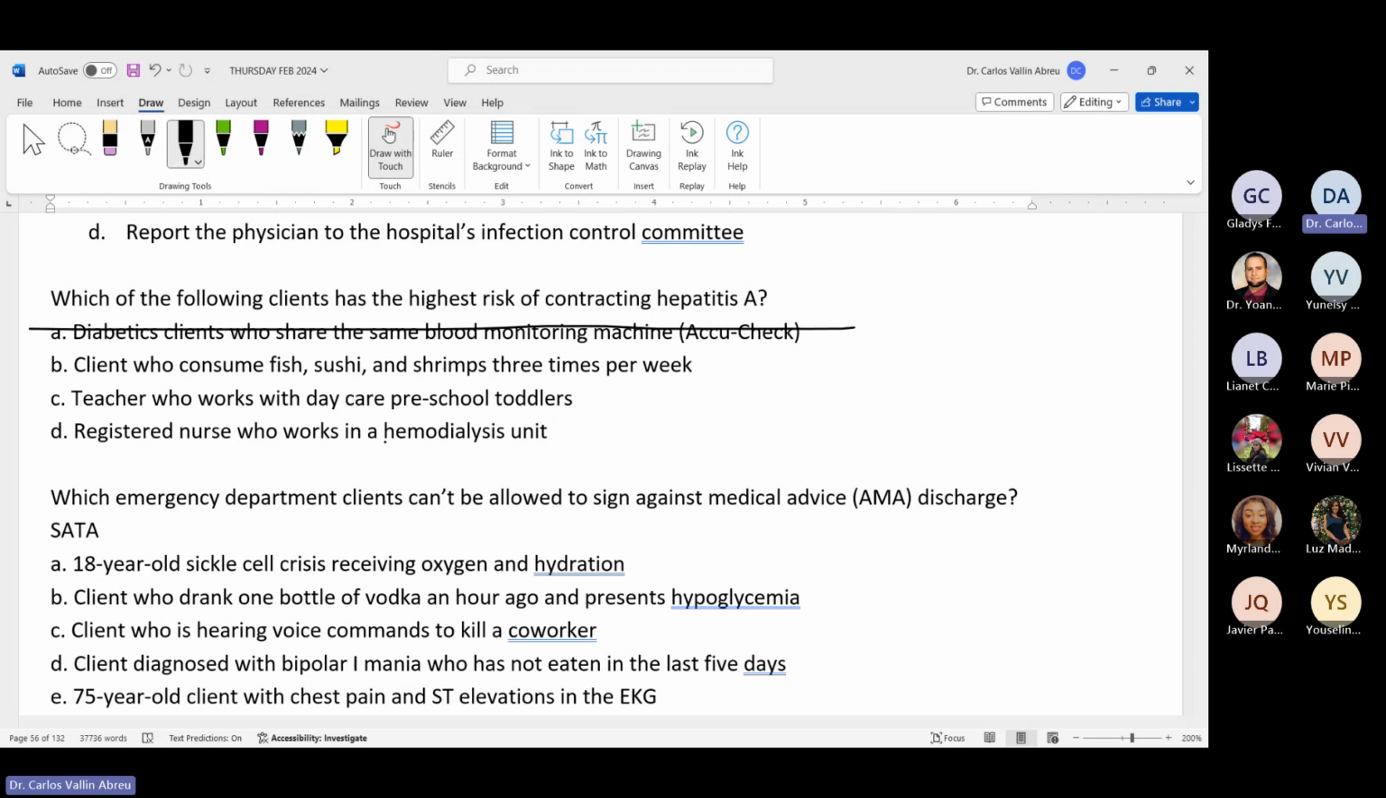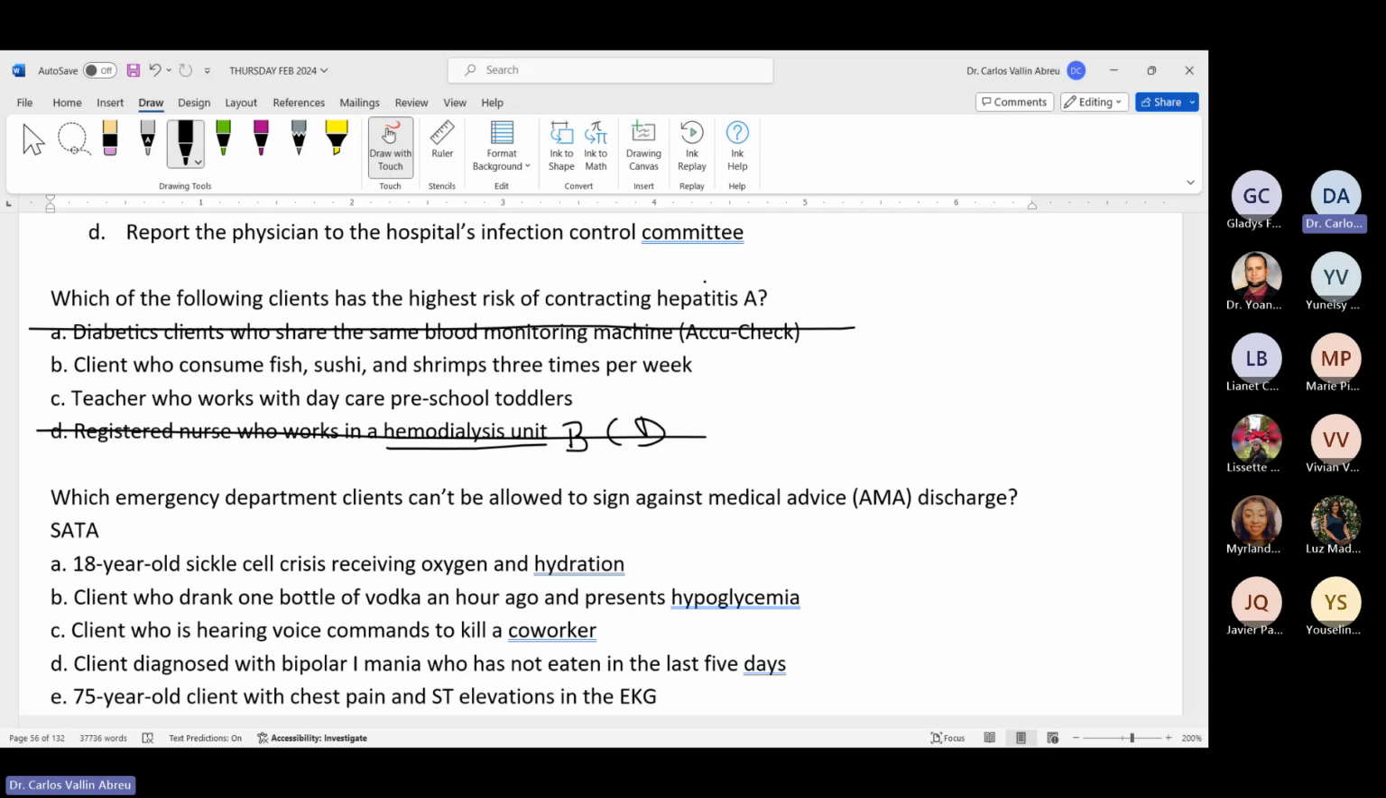The same for the hemodialysis unit. In the hemodialysis unit, there is an abundance of blood that favors the possibility of a mistake, a failure in the standard precautions that could produce a contamination. And it is important for hepatitis B, C, and D, but not for hepatitis A. That's why we rule out these two options that are true, are real, but for hepatitis B, C, and D,